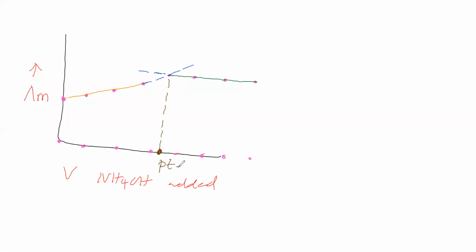Now see that initially lambda m has some value. On adding ammonium hydroxide continuously, lambda m increases. It goes on increasing, then after a certain point it remains almost constant. Why? Because once the equivalence point is reached, the resultant solution will have only ammonium hydroxide. Ammonium hydroxide is a weak base, so it will undergo partial ionization. So the change in the number of moles of ions is negligible, and the number of moles of ions remains almost the same.